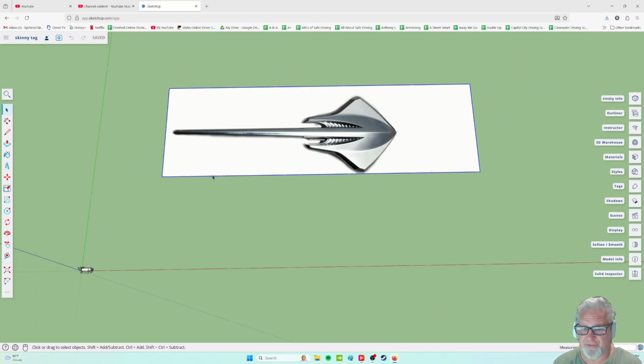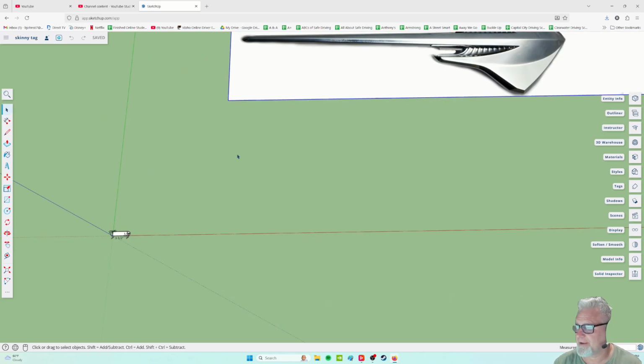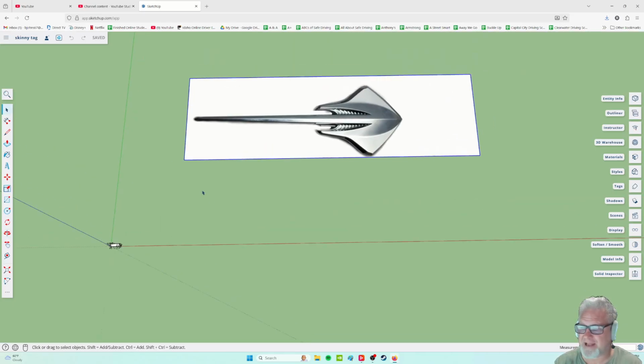So just think about 3D design, especially in SketchUp, is typically fairly flat, square, straight, not very smooth, definitely not sculpted. So be thinking about that. So once you import your graphic,